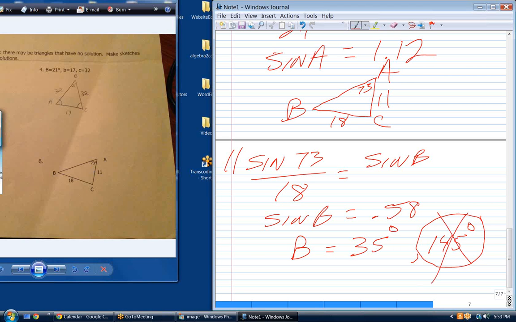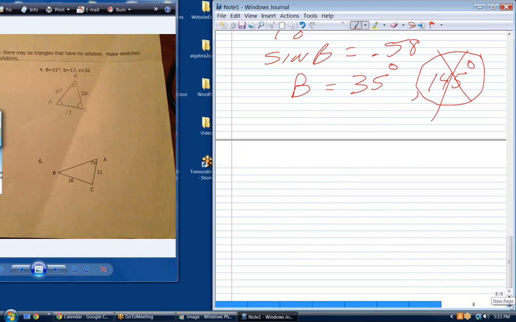And if you just always do that, every single time you have the conditions met for an ambiguous case, always figure out the second angle and see if that triangle could exist. So let's go ahead and finish it. We've got B equal to